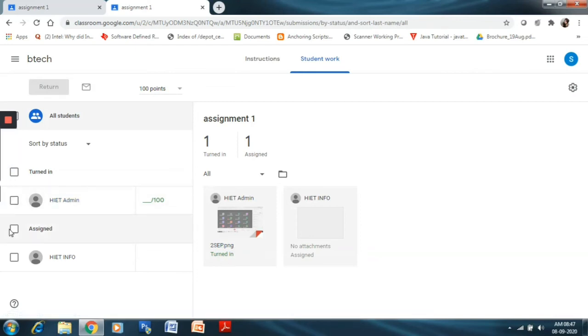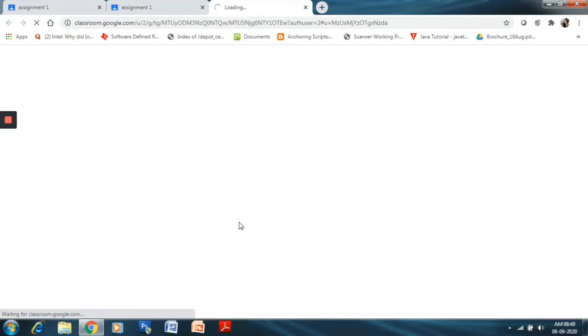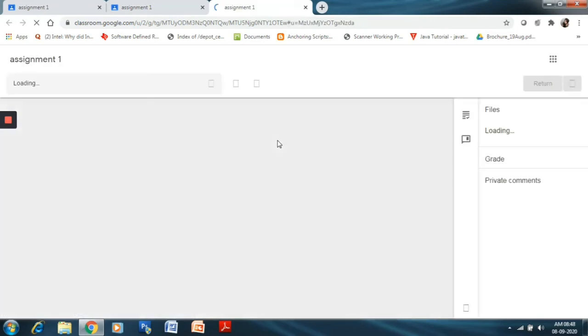And before that, let us see that on the left side you can return the grades. So you can return the grades by evaluating it. So let us go to evaluate it. When you click on one of the assignments, it will be opened into another tab, and this tab will show what students have done as assignment. So let us wait for it to load.